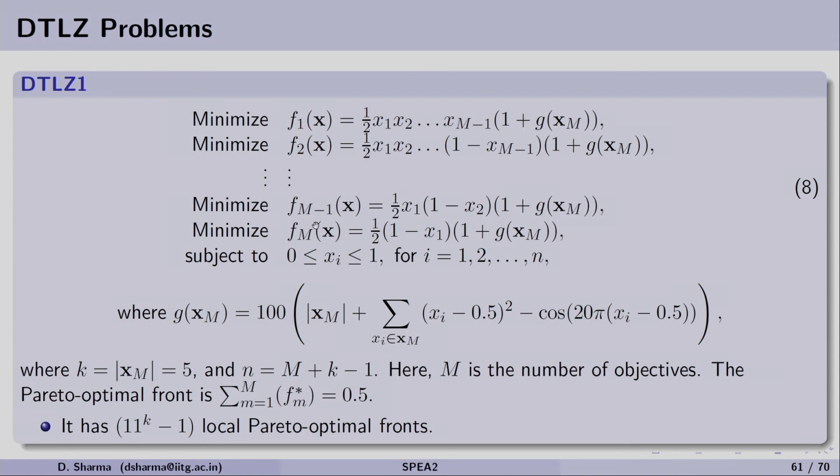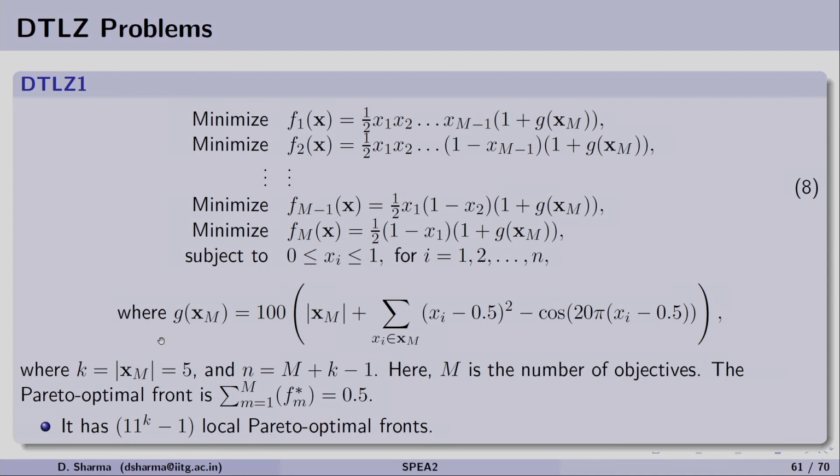Since the problem is scalable, we can see how we can write objectives from F1 to Fm. Capital M represents the number of objectives. In this DTLZ1, all the variables lie between 0 and 1. If we look into the form, we have the g function, which is written in the various objective functions. Here the g function has (xi minus 0.5) whole square and some cosine term.